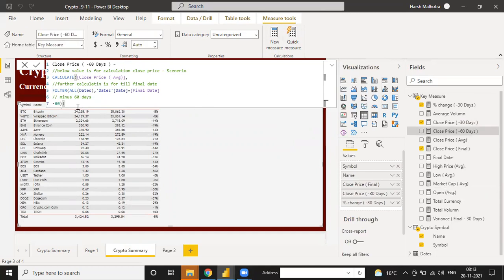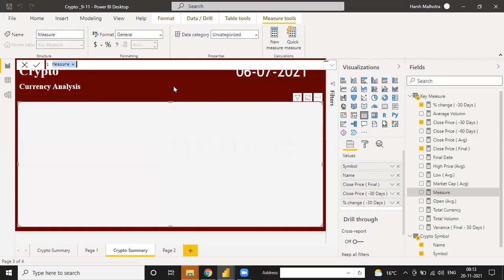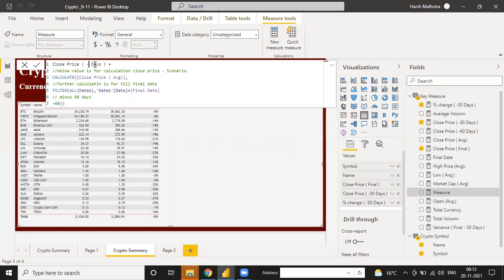Okay, so this is the benefit of Power BI. If you write one function, every time you move to the next function with just a little bit of changes. Same way, copy this one, again new measure. So instead of minus 60, you can write it here as minus 90. Okay, minus 90. You can select here minus 90. So here minus 90 and press enter.